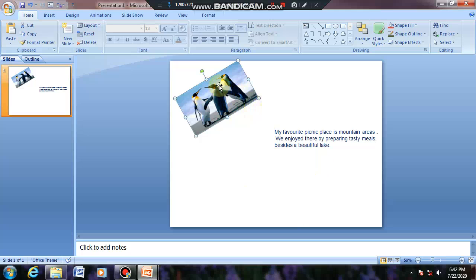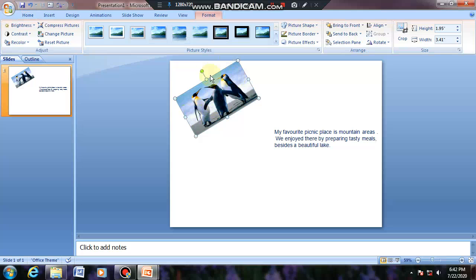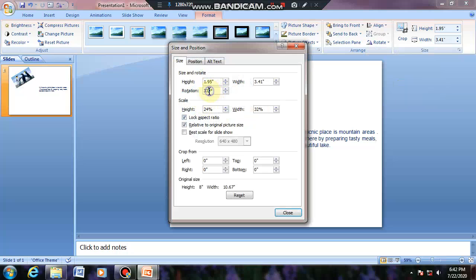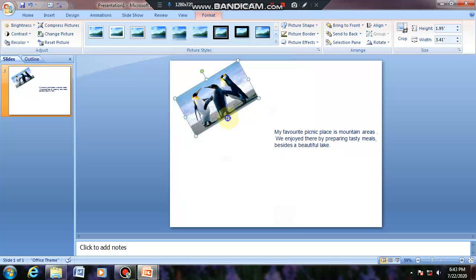You can resize an image easily by these small circles from the corners, and you can format it using these groups. If you want to rotate your image, you can use this tool. If you want more rotation options, you can write here what you need. If you need 60 degrees, then you can take a 60-degree angle. If you need more options, you can add them over here, then easily you can rotate your pictures in that direction.